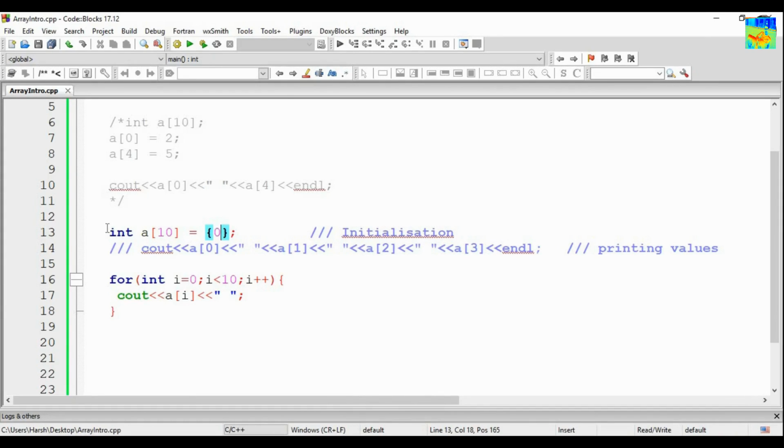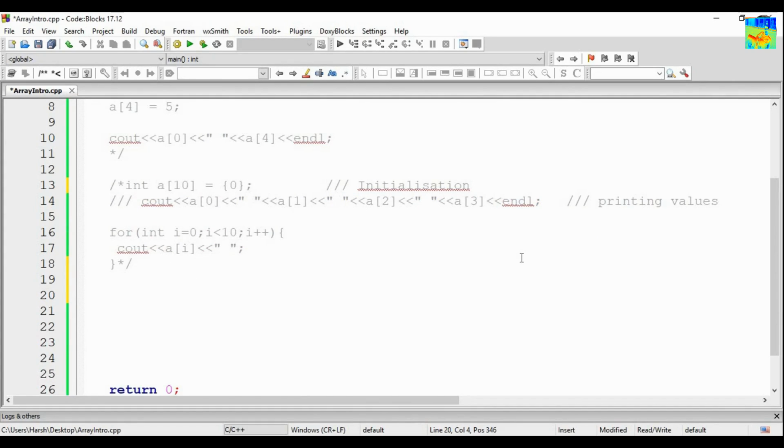Now let's see some more things. So I am commenting it out. So what will happen? For example, I have made an array, let's say of size 10. And now I am printing the array. So let us print this array.